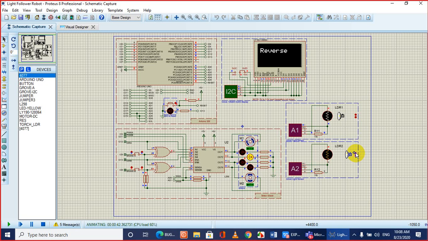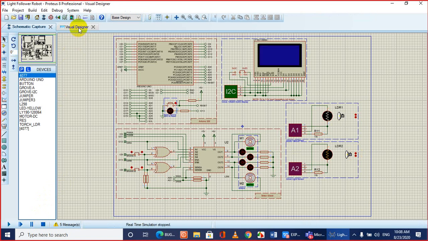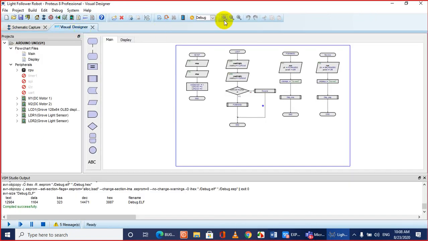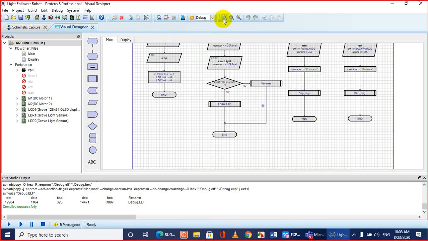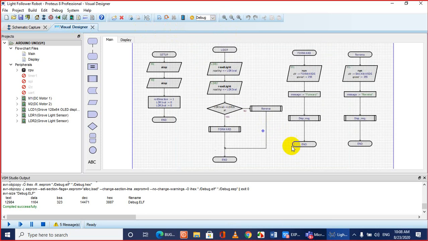Sir, why is only motor 1 rotating? This is because we did not give the code for the second motor. Let me check the code if there is any problem in the code or not. Okay, we have only given the code for the first motor. If you do the same thing, the second motor will run. I can also add that code for you at this time, but let me just check the code. Is there any mistake or not?